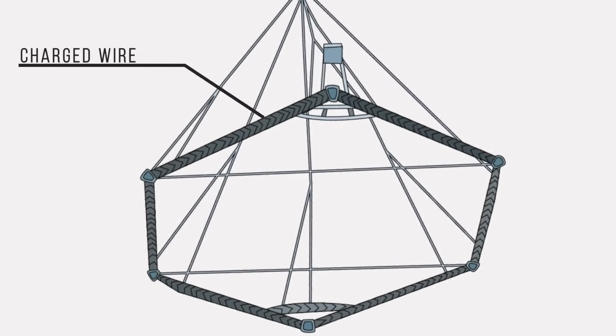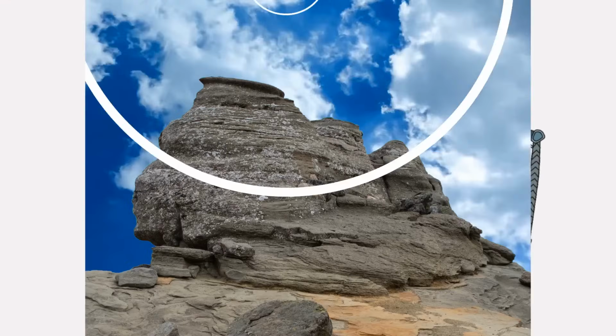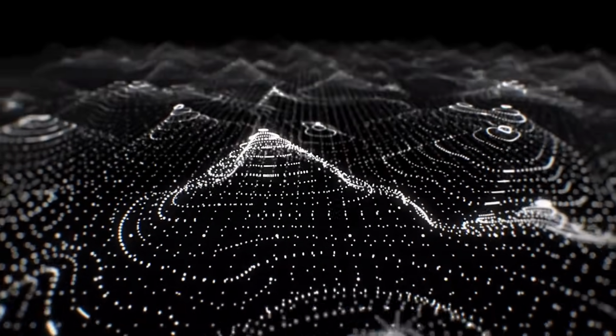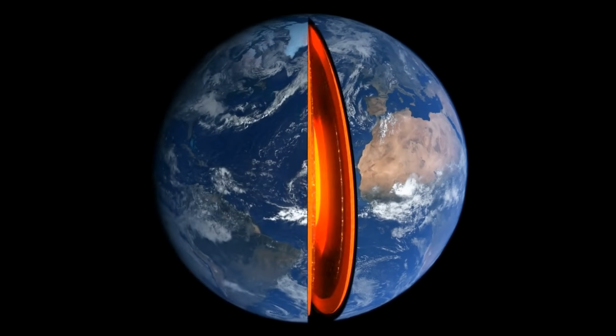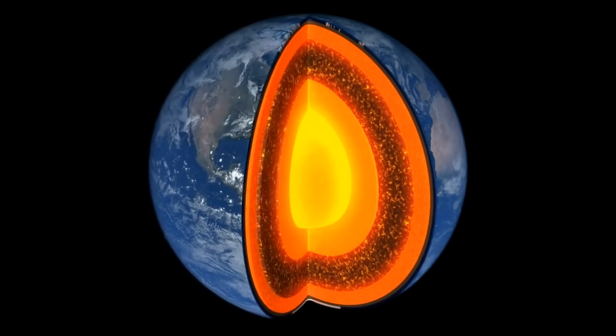Its main task is to generate a strong electromagnetic field. And since different kinds of material, like water or rock, respond to this field differently, scientists managed to create a few subsurface maps for the first time ever. The mapping technique also allowed the researchers to differentiate between magma and bedrock, since they have a bit different magnetic